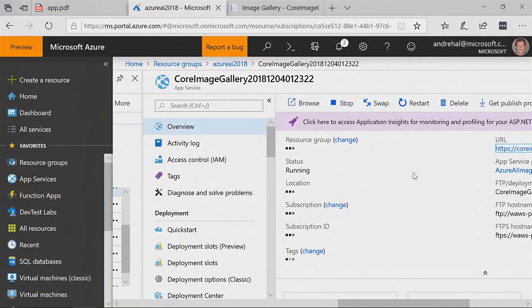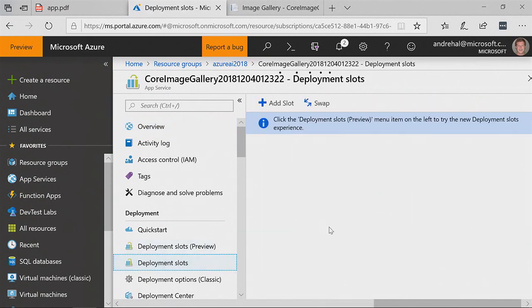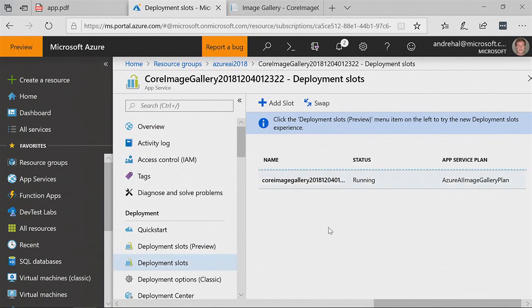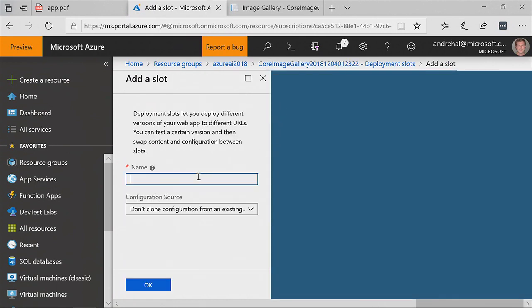It was awesome. And so what I want to do is create a deployment slot. We've talked about slots a little bit, and I think this is one of the really killer things in App Service. A deployment slot lets me create another place to push a copy of my code in App Service. Then I can publish my application to that without affecting the regular site, run tests against it, and even start routing a certain amount of traffic to it. Cool. So I would create a slot here. I'm going to call this one blue because I've already created a slot for this one.